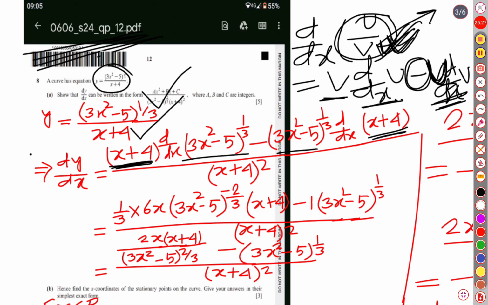Then the derivative of the first function, then minus first function into derivative of the second function. And remember, in case of product rule, actually there was no denominator, but in case of quotient rule, there is a fraction. Always the denominator will be square of the given function. The function is x plus 4, so we have written x plus 4 whole square. So this is the extra part for quotient rule, that the denominator will be whole square. Well, then we have